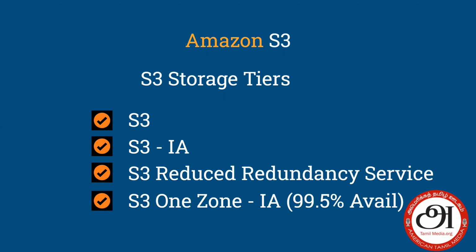And S3 One Zone, S3 One Zone IA. So the zone, availability zones, right? When you say one zone, it is written into only one availability zone rather than writing into 3 different zones always, which is the case with the regular S3. So why would you want to write in one zone? Because of something that you can reproduce, right? When it comes to some scenarios like